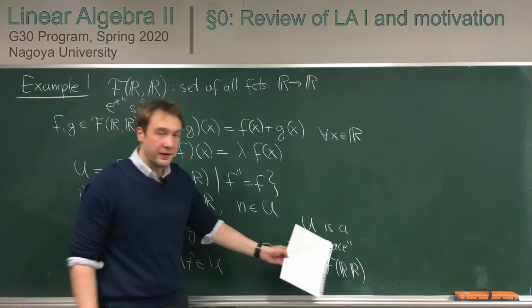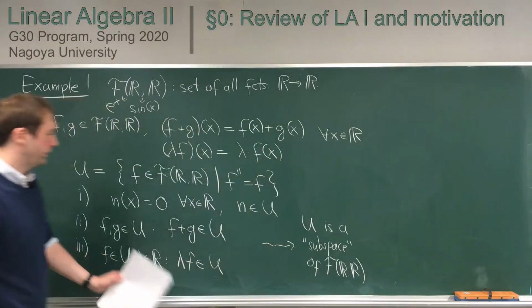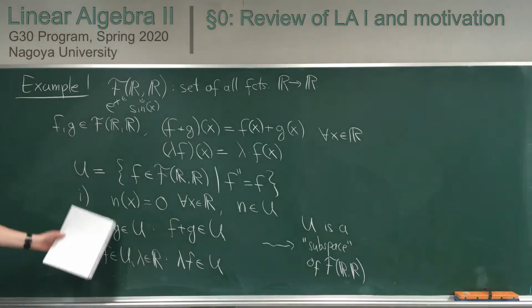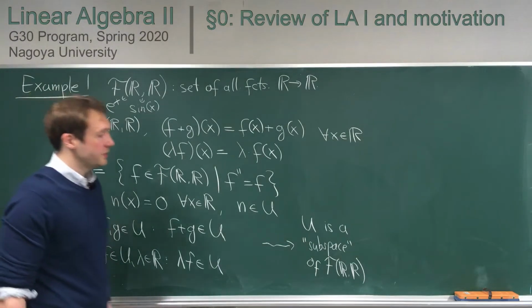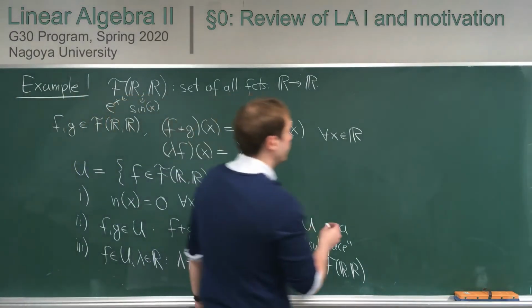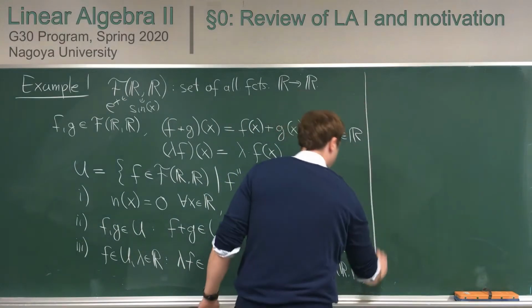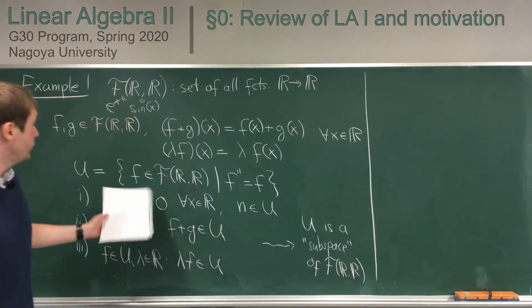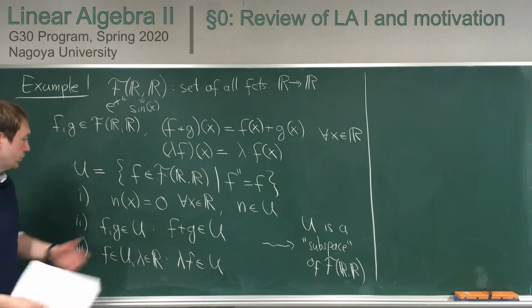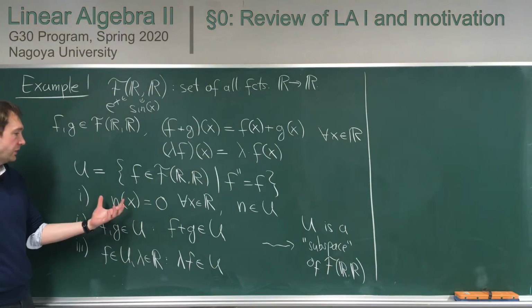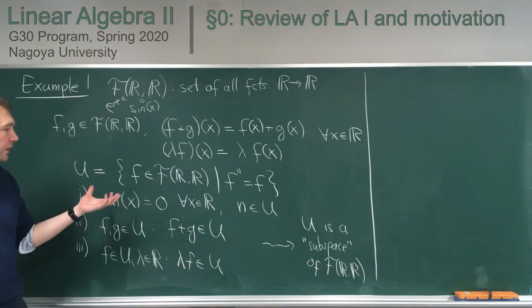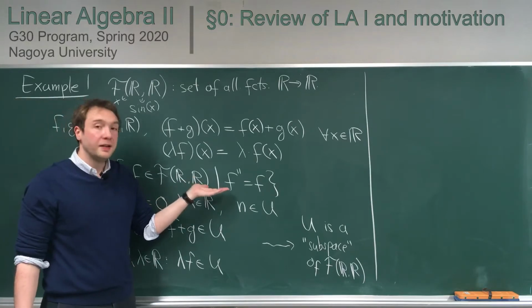But we didn't really define this notation in general yet, but somehow it's exactly the same conditions as we had in Linear Algebra 1. So how does this U actually look like? So here we have one example of a function which is in U, but there are probably more exciting examples